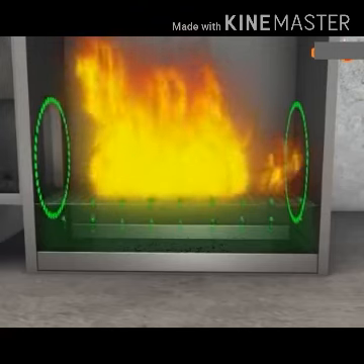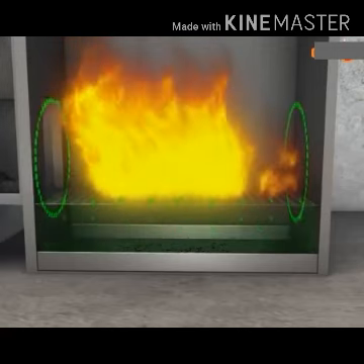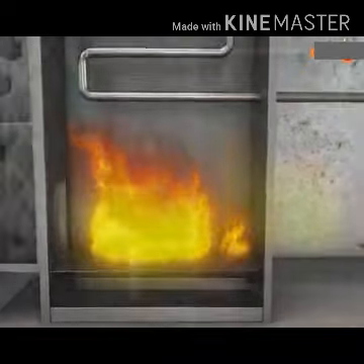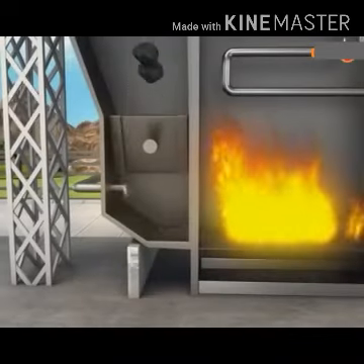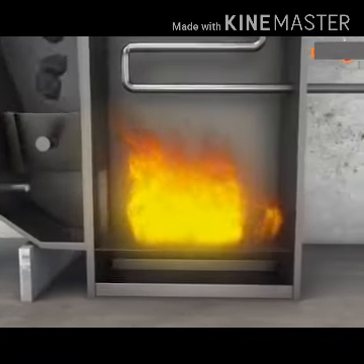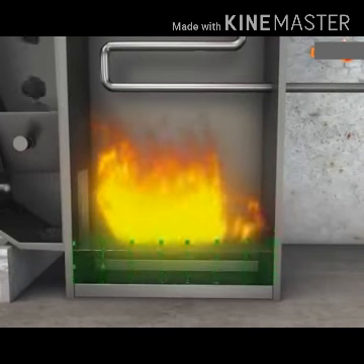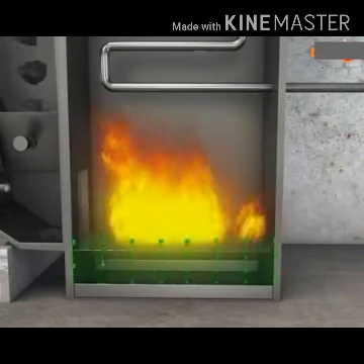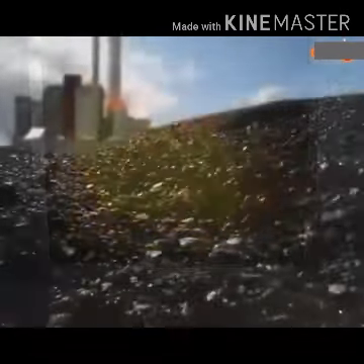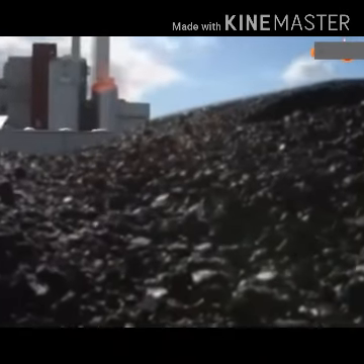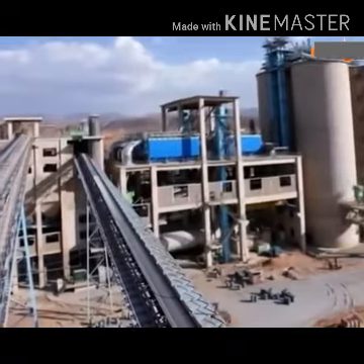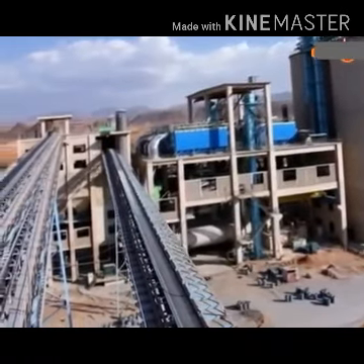This burning of coal produces ash and exhaust gases. The ash falls into the bottom of the boiler and is removed by the ash outlet system. Collected ash is then usually sold to the building industries where it is used as an ingredient in various building materials